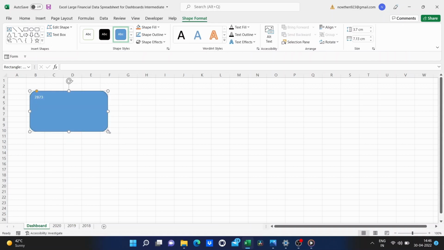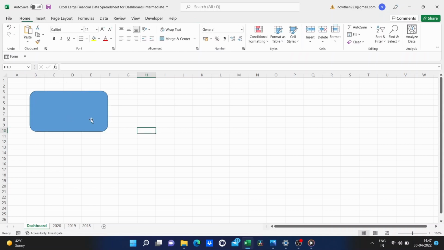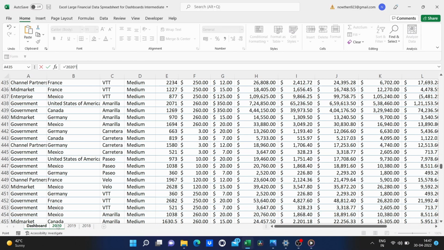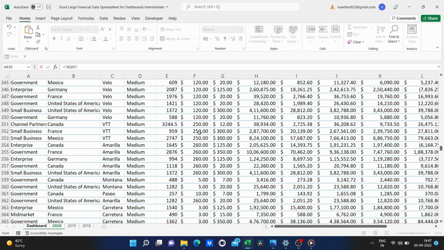So, let's look at how to make it automatically update and sync with the actual data. So, I'll just delete the numbers that I put in there, and the trick for this is to click on the shape, and then to link the shape to the data in question. The way you do that is once the shape is selected, just go up here to the formula bar and type in equals. So, the shape equals, and then just click on 2020. And I want gross sales, so I'm gonna go down all the way to the bottom of this data.